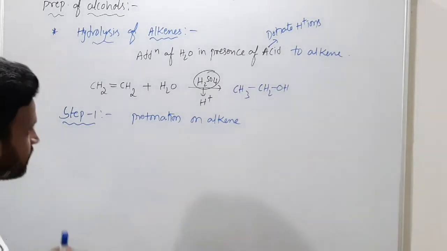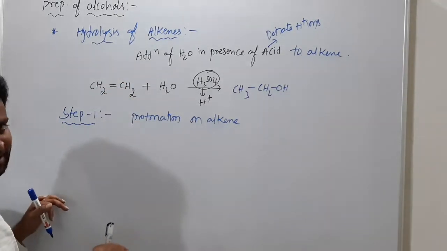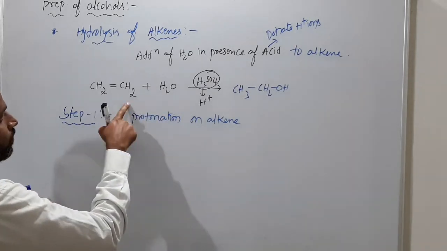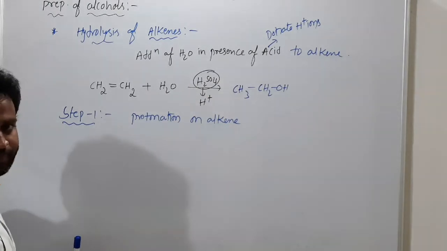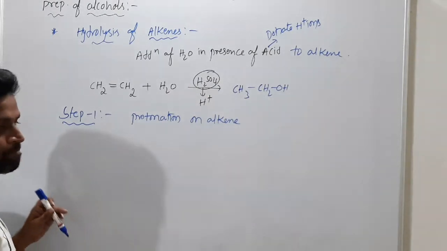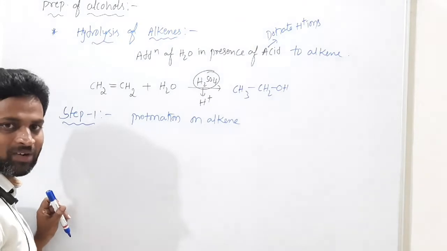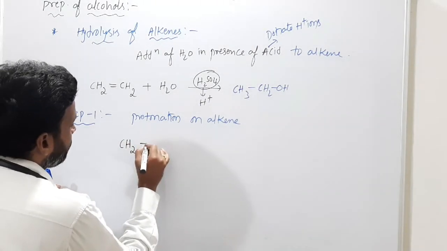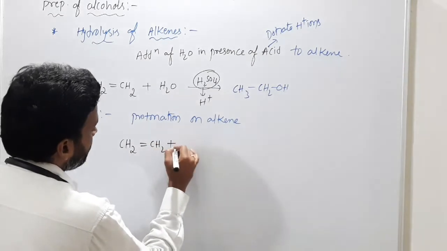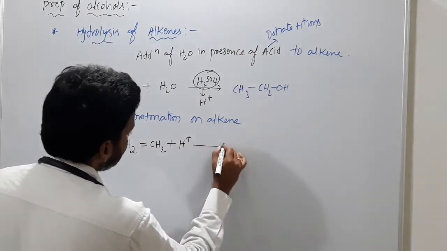What happens here, understood? I'll tell you in the mechanism. Actually, water means H plus and OH minus. That H plus comes from this H2SO4. First H plus will come. Do you remember the electromeric effect? Like that. So now this CH2 double bond CH2, when I am adding this H plus,